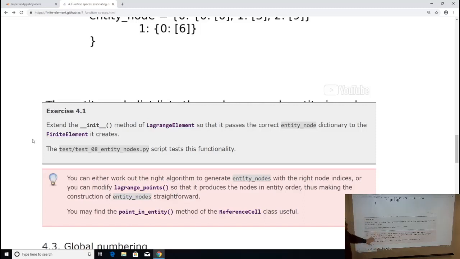So that is that. I think I will not talk about global numbering today. I will skip that to tomorrow because global numbering is officially the hard bit. So the good news is we've nearly got to the hardest thing in the course, which is global numbering for almost everyone. Once we've done that, it's a nice downhill ski to the end of term. So I will let you get on with this and run